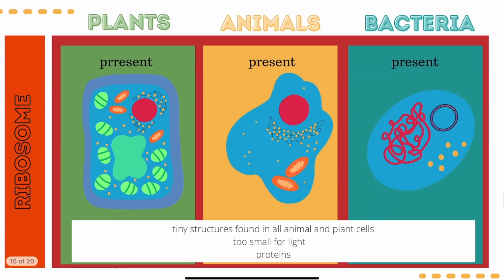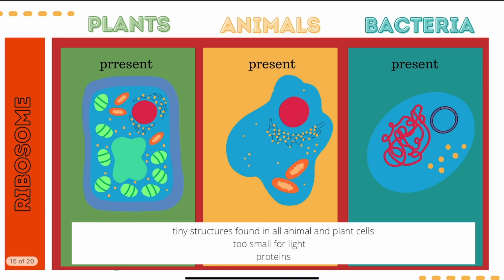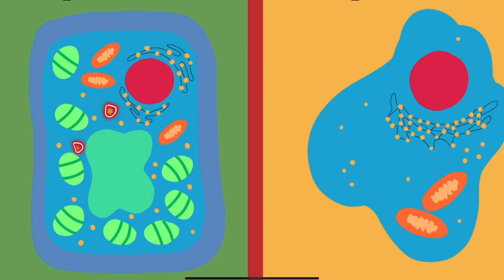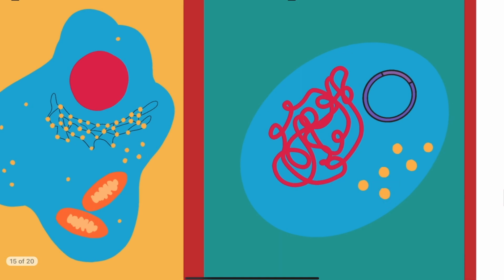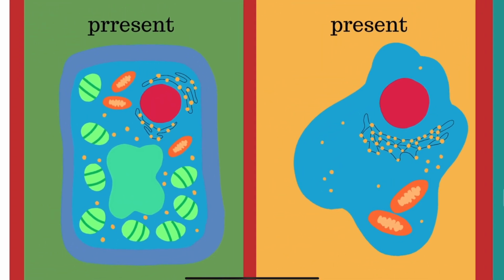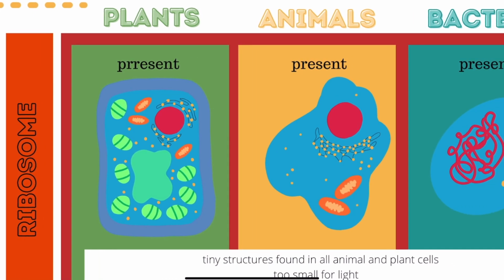unlike us. So for ribosomes, it is present for plants, animal, and bacteria. They are responsible for creating proteins along with the instructions coming from the DNA. Okay? They are the tiny structures that are seen as yellow in this image or diagram. It is the yellow one found in here that is freely floating within the cytoplasm. Same goes here. But if you would notice, both in animal and plant cell, they are also attached to something,